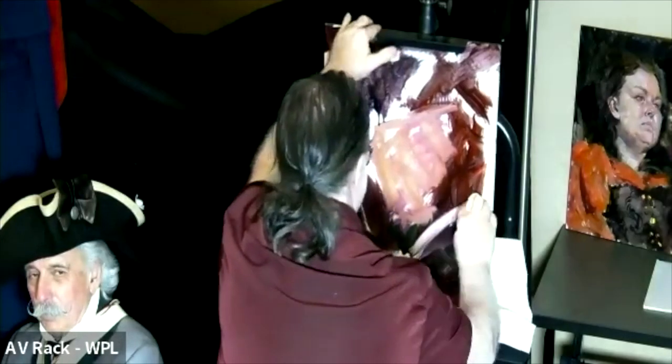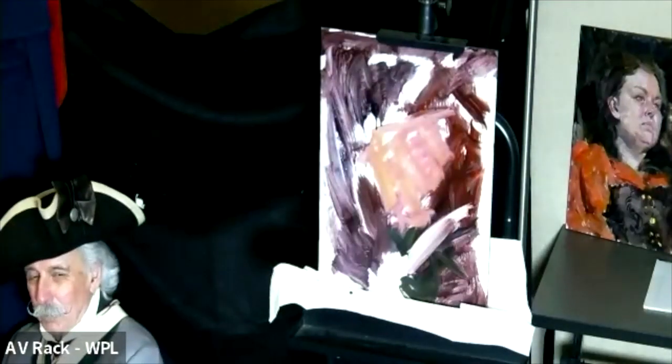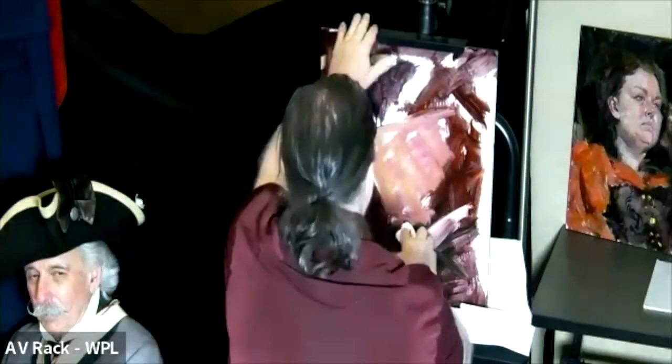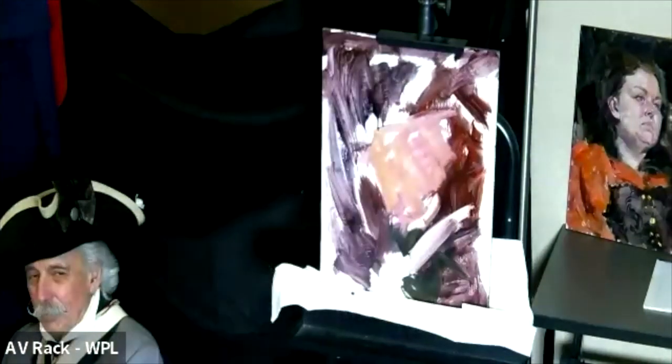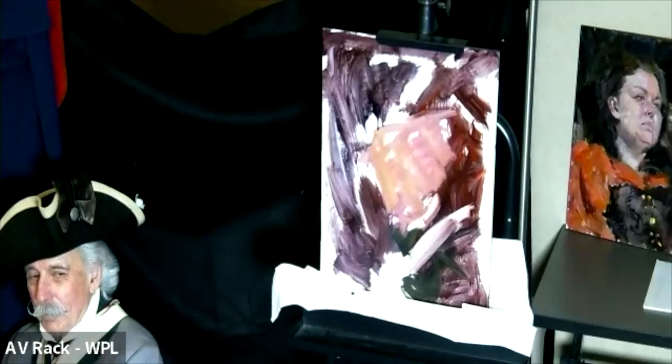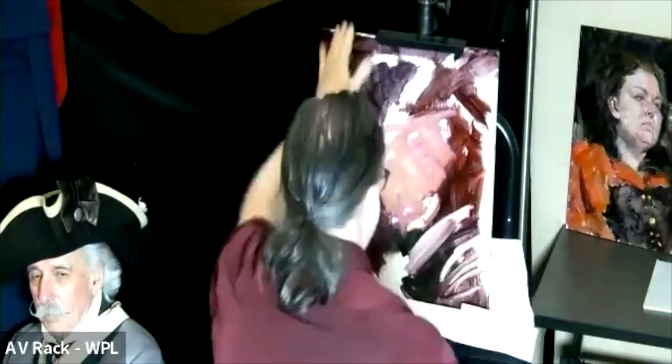sometimes you put paint on, sometimes you take it off. So you can draw with wiping some of the lights out. This is one of the advantages of oil paint over something like watercolor, where you have to work with a single direction.